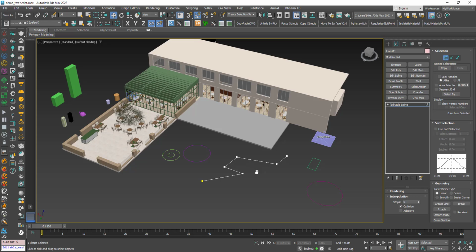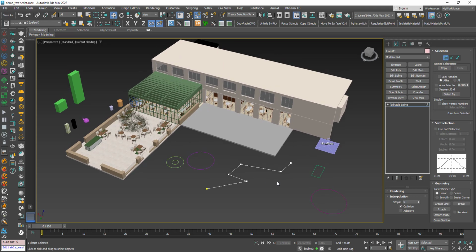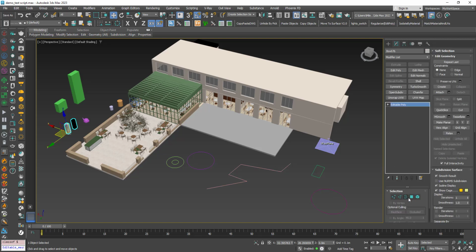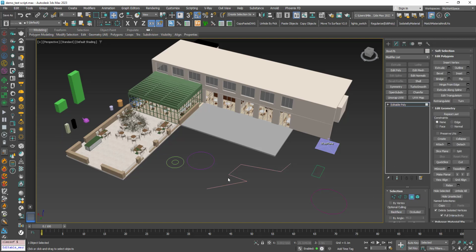Now the reason for this tool, like we saw in the first video, is that the built-in ZoomExtSelFix had a problem when you are in a sub-object level. If it's a 2D spline or editable mesh or editable poly or editable patch, or an object with an edit spline or edit patch or edit mesh, if you are in a sub-object level on any of these, like here for example, but